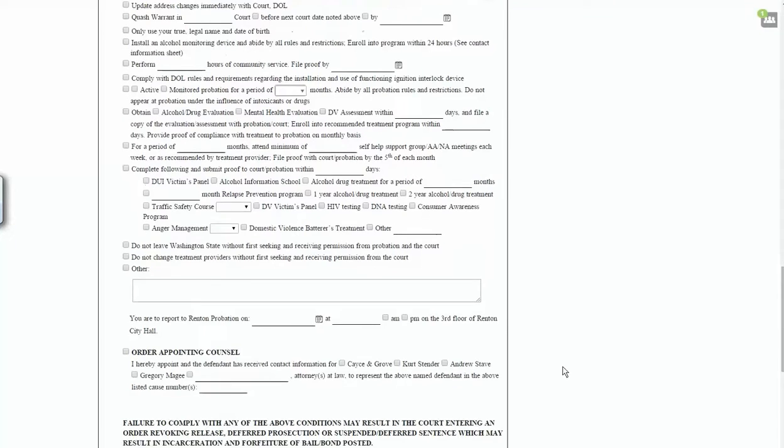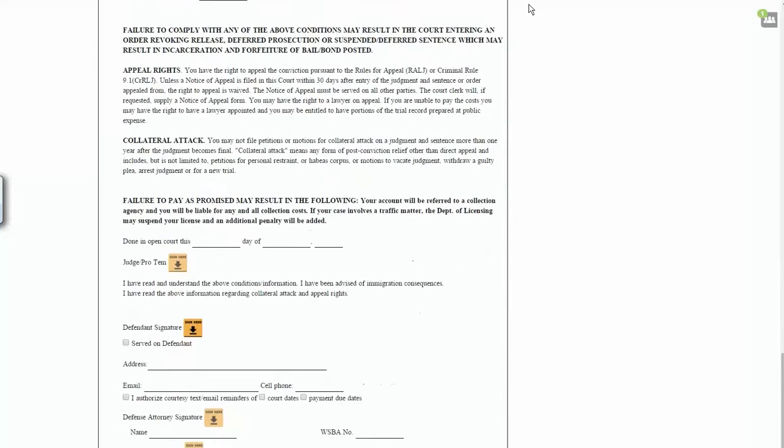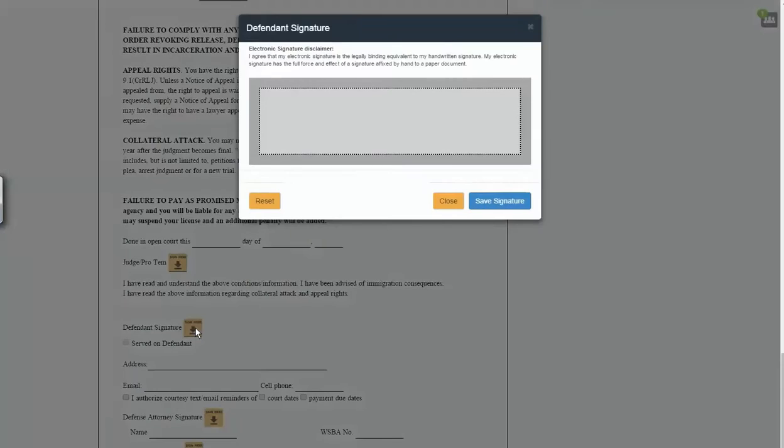All forms utilize electronic signature technology. A person can sign a document by using a mouse, a stylus on a signature pad or touchscreen, attaching a pre-existing electronic signature, or even just by using their finger on a touchscreen. Once the form has been signed by the judge, it cannot be edited by anyone except the judge. If the judge does edit a form after signing, the other signatures are cleared and the parties must all re-sign